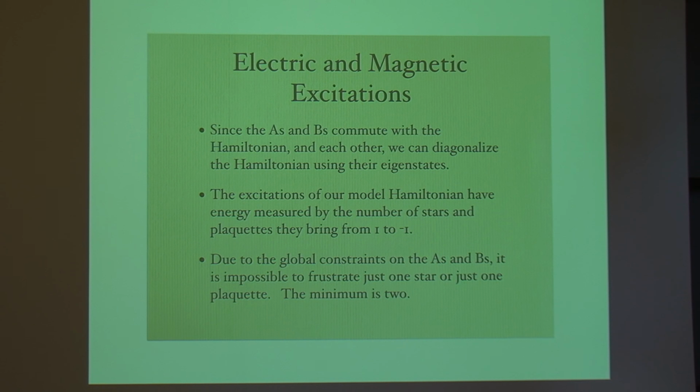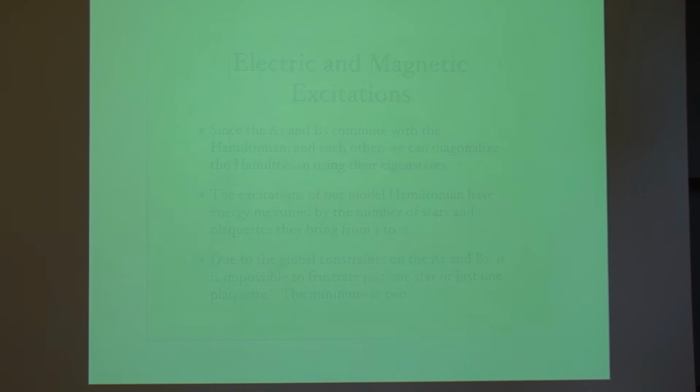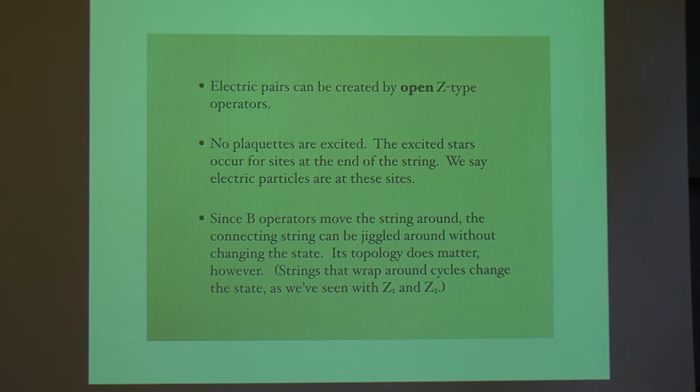Disturbing a minimal number of either A or B operators. Due to global constraints on the A's and B's, it's impossible to frustrate just one. You can easily convince yourself of that. The minimum is 2, and in fact, the way to construct the minimal excitations is very suggestive in terms of these X and Z operators, or if you like, the strings with